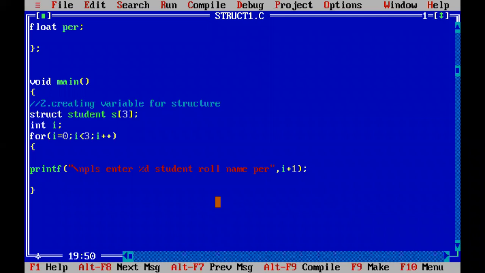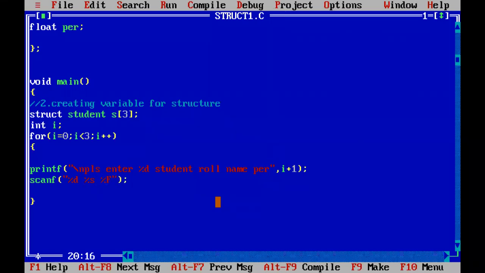Whenever the user is asked to enter the first student roll number, name, and percentage, by using scanf you capture all the 3 members. Opening parenthesis, closing parenthesis. First he will enter the roll number. Roll number is captured with %d, name with %s, and percentage with %f.